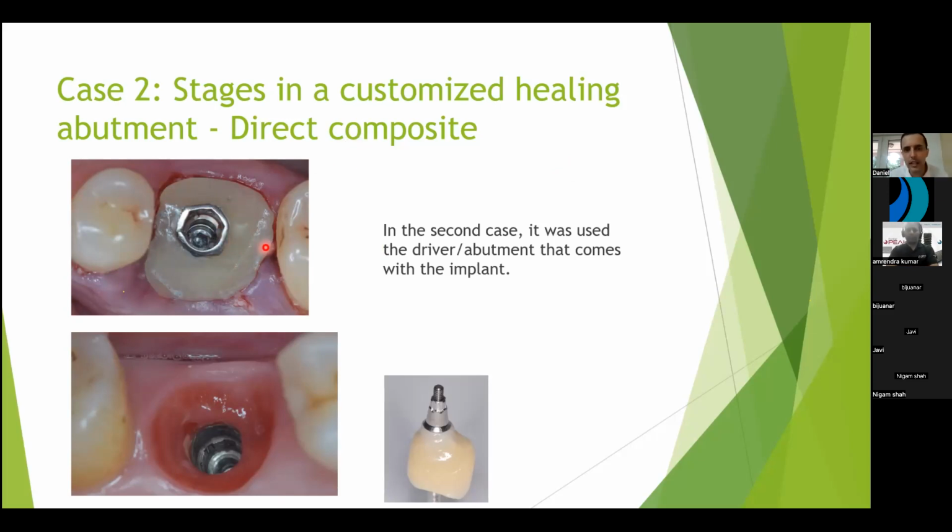We pretty much, in this case, extracted the tooth. It was tooth number 46. We extracted the tooth and we placed the implant in the same surgery on the septum of the tooth. It's quite important to preserve the septum because otherwise it's impossible to place the implant. If we get a good torque of the implant, we can do this type of abutment where we preserve the anatomy exactly the same as it was with the normal tooth,